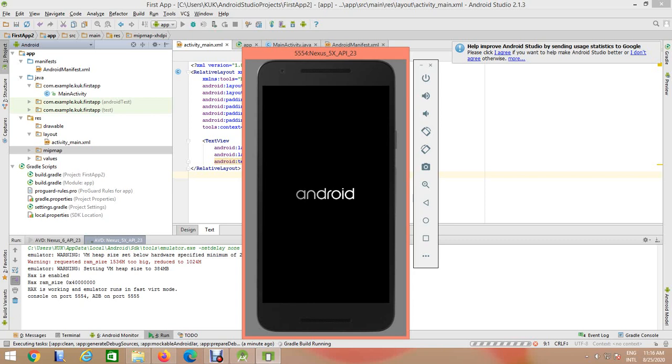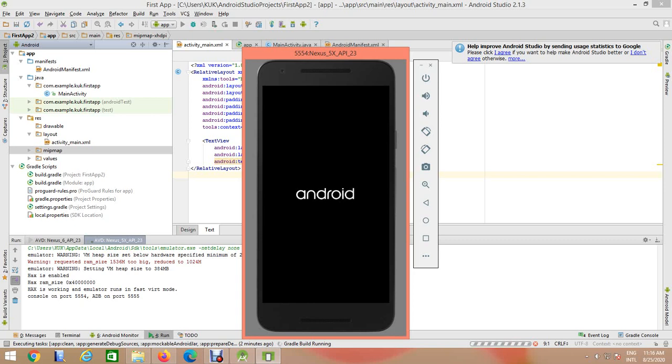So how many files, which files will be used, which are the important files, that part will be clear to all of you. MainActivity, AndroidManifest.xml file, activity_main.xml file. So in the xml file we can do the coding in the text part or in the design part.